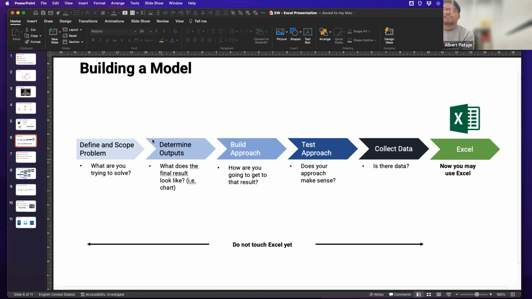And then once I've gone through these 5 steps to check, do I have a problem? Do I have outputs? I then start to build out something in Excel. Are there any questions on that? I know it's a bit nebulous at the moment, as these are just images on the slide, but I'll walk through a super high level example.